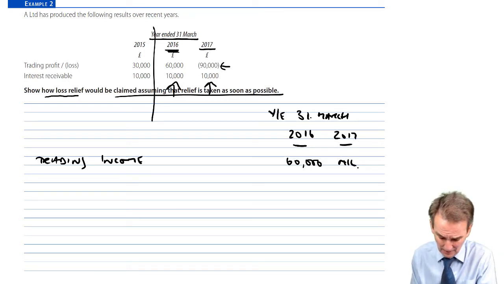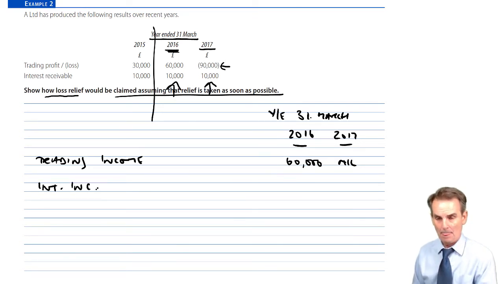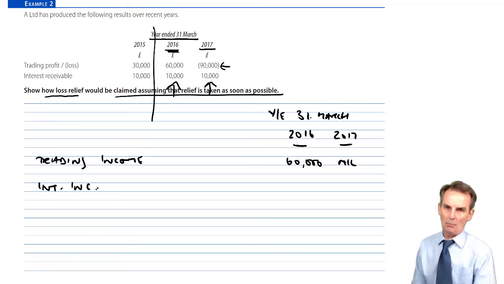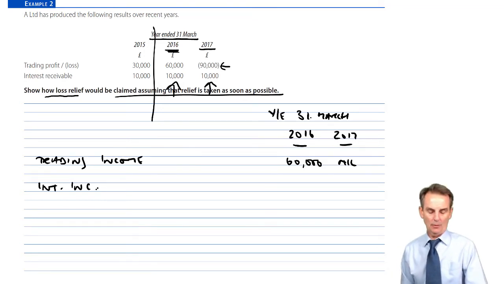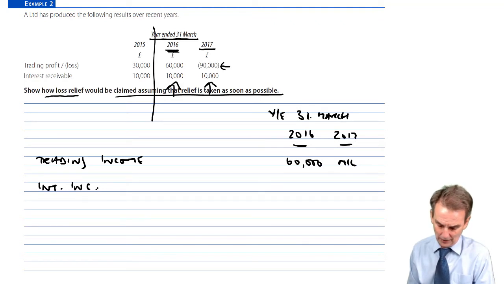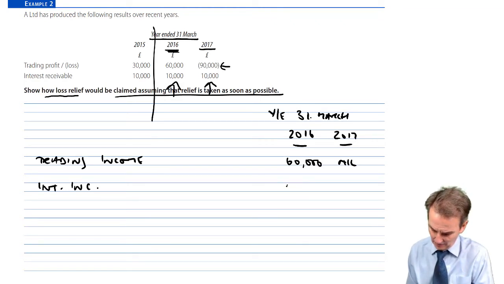Do we have any other income? Yeah, we've got some interest receivable, some interest income here. We might have some property income, we might have some capital gains. Any and all would be shown at this point and included. That would then give us the total profits for each of these 2 periods, and then you could apply loss reliefs before, remember, deducting, if possible, any other qualifying charitable donations. Here, of course, this is the only other item to deal with, the interest income, and it's £10,000 in each such period.